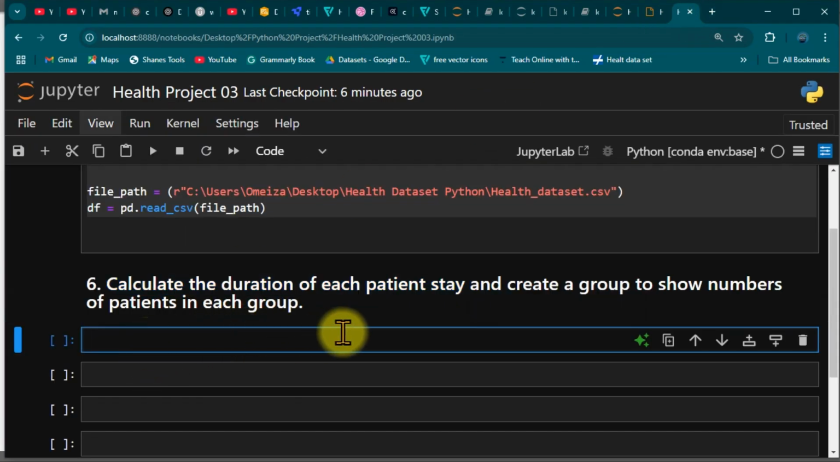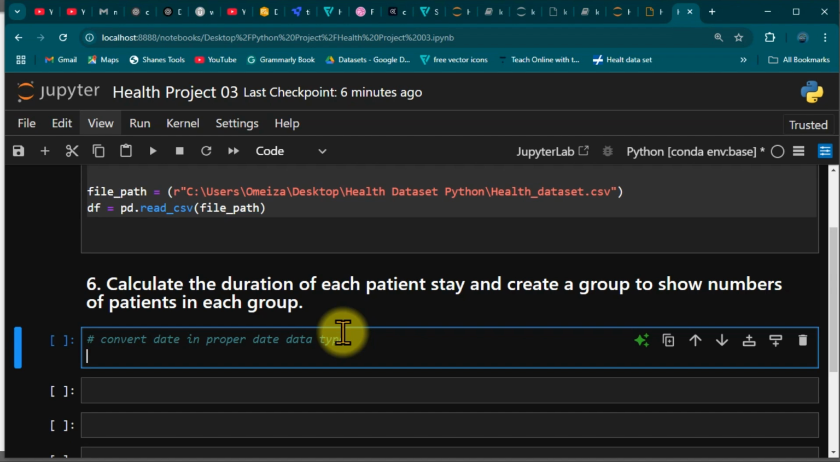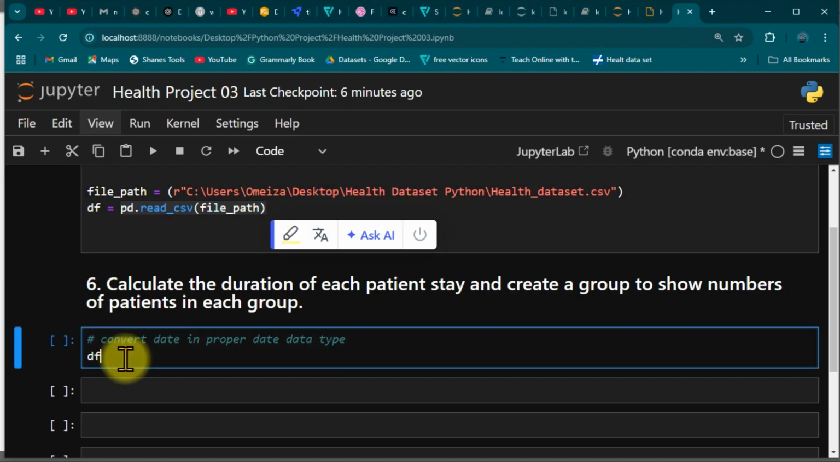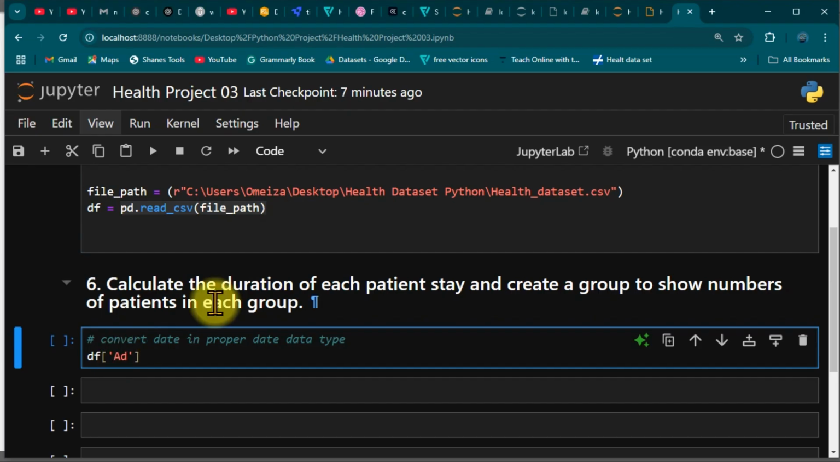So into a new cell, we're going to say here, convert date into proper date data type. So what we need to do right now is to say, okay, df, which is our data frame. Remember, this df helps us store our data, right? So it's a variable. Inside this variable, we have a column called admission date right here. So this admission date is going to be equals